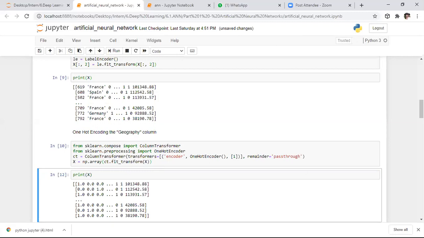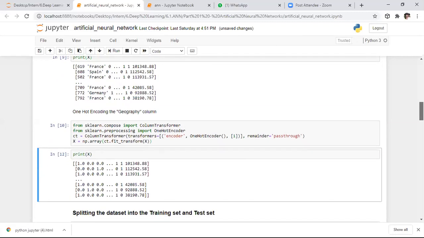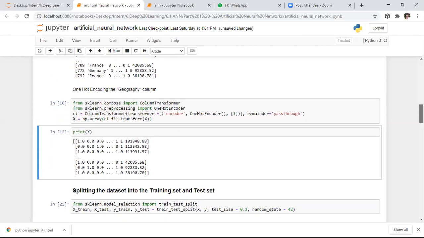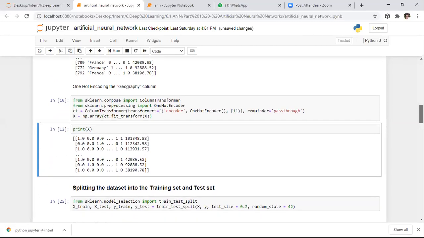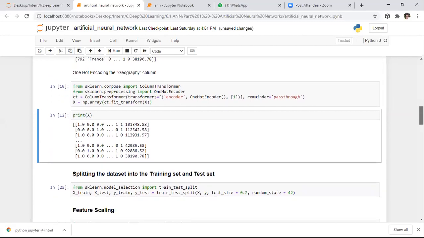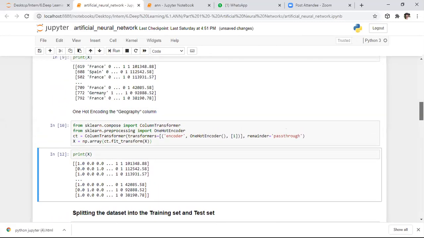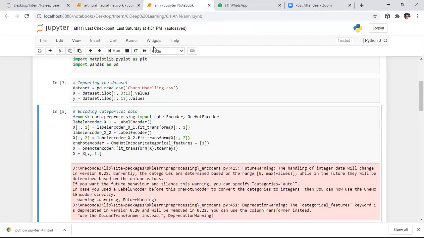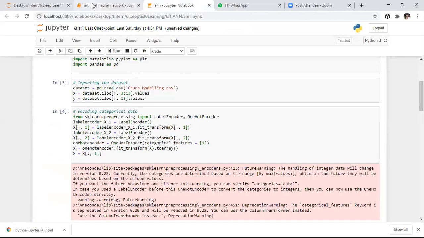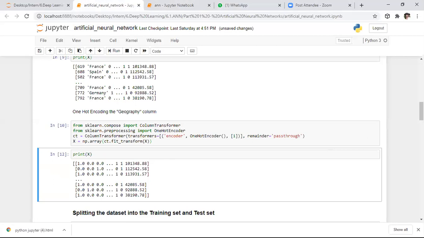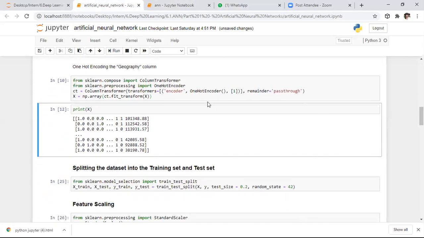Whenever you fit transform this data, that entire single column will be converted into three columns. I explained that in the previous sessions, in the data preprocessing template session itself. If you forgot that, once recap that video. So here we pre-processed the entire data set, and I did that entire thing in a single step. After pre-processing the entire data set, I want to observe the data which is present in X. So here it is, the pre-processed data.